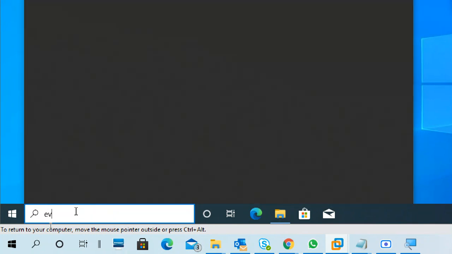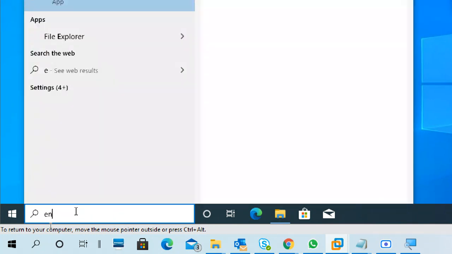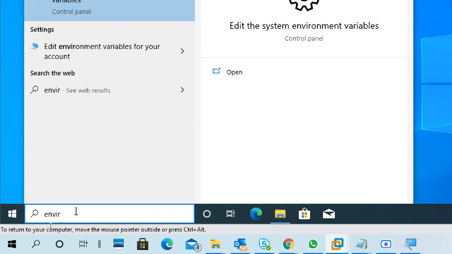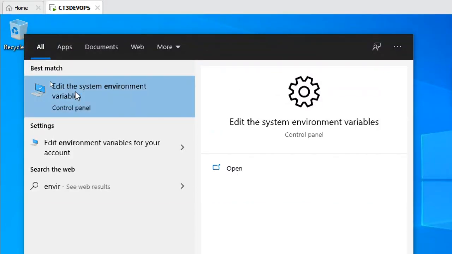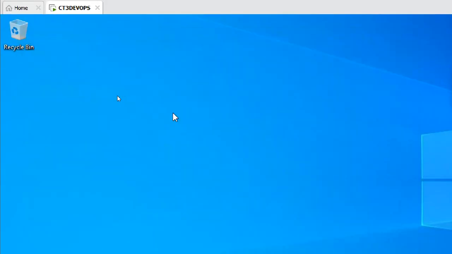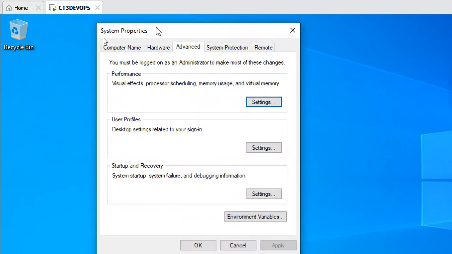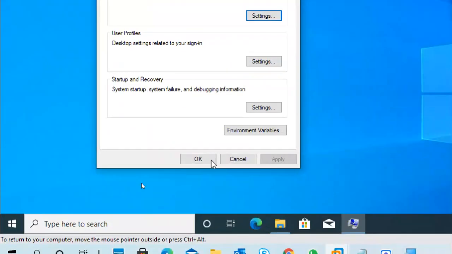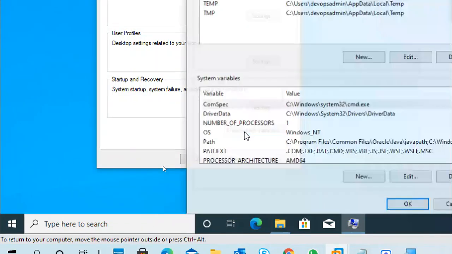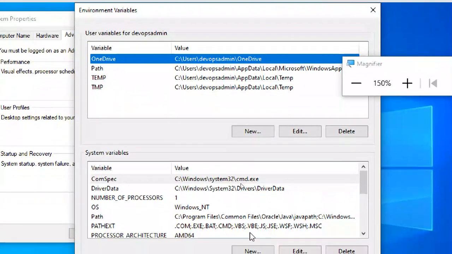Just type environment variables, like this: edit the system environment variables. Just click it and it opens directly. Otherwise, you can go to system properties, advanced, environment variables.